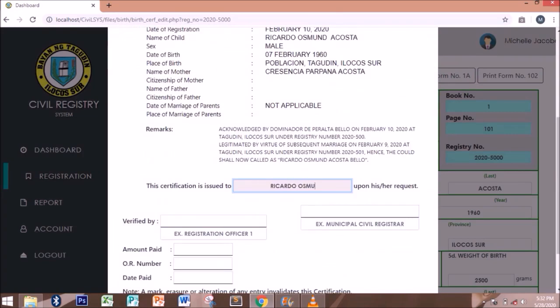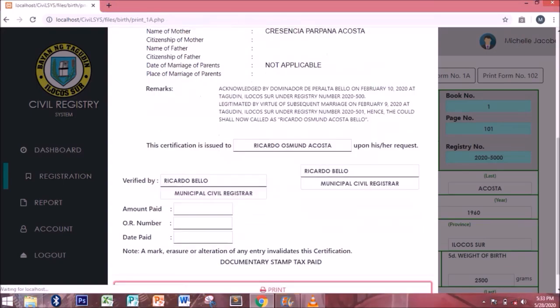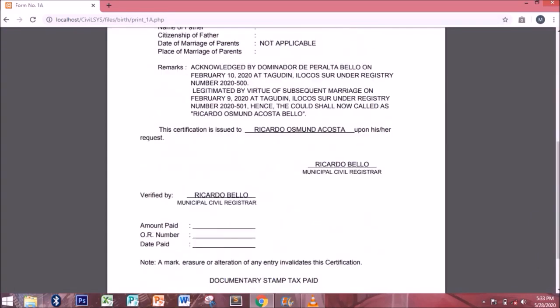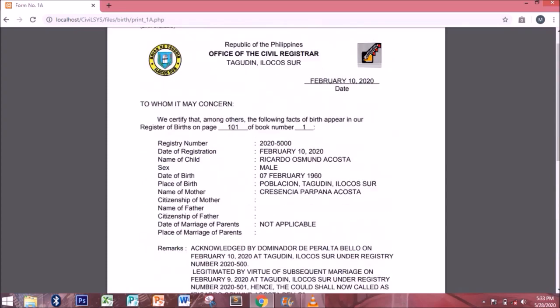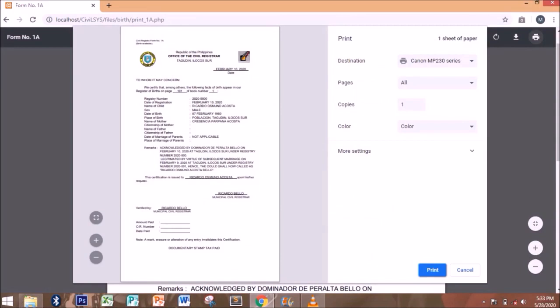You have to fill up the blank text boxes, but it is not required to fill up the payment information. Then click print to become a PDF file. This file is the most requested document that our client gives to their clients. To print this file, click the print icon at the upper right side to get a ready-to-print